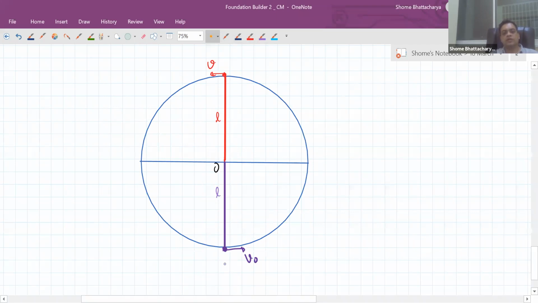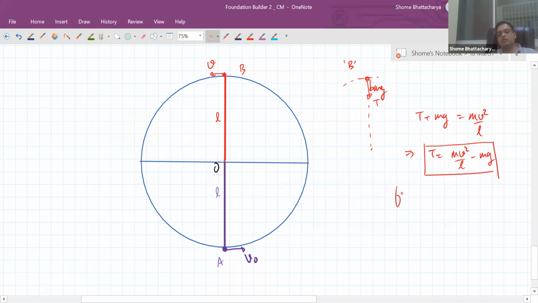So now we are doing the analysis between the lowest point and the highest point. Now at the point B, you can see the free body diagram of the particle will be like this. Assuming that tension has not become zero, there is some tension and there is mg, and this is the center of the circular path. So at the point B, T plus mg is equal to mv square by L, or T is equal to mv square by L minus mg.